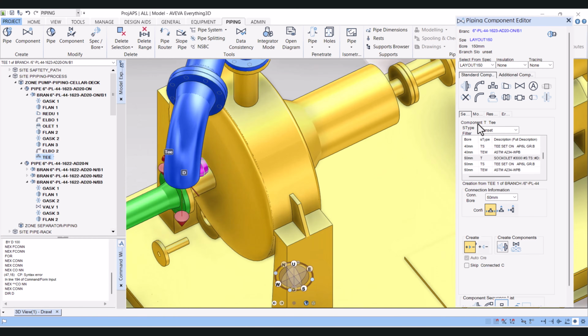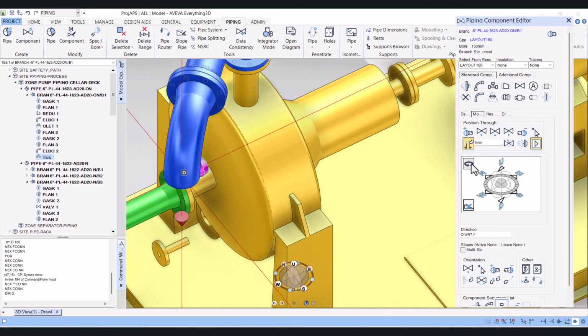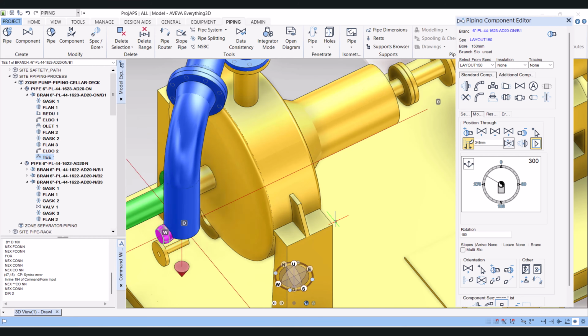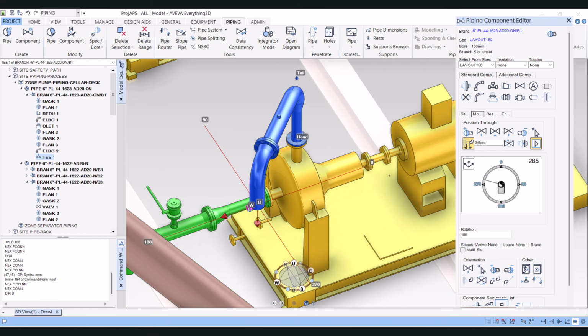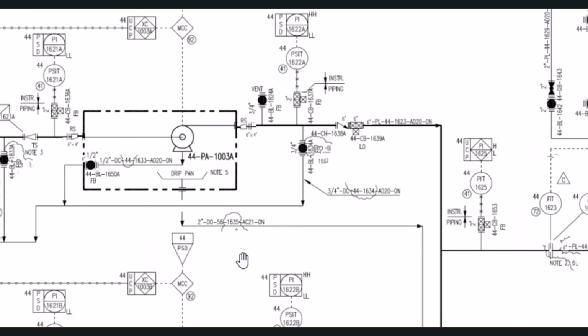So again click here, modify, change the rotation, and I want to move this 300 mm down, enter. So as per P&ID, we model the connection point of vent, then this PT, and now there is a drain,